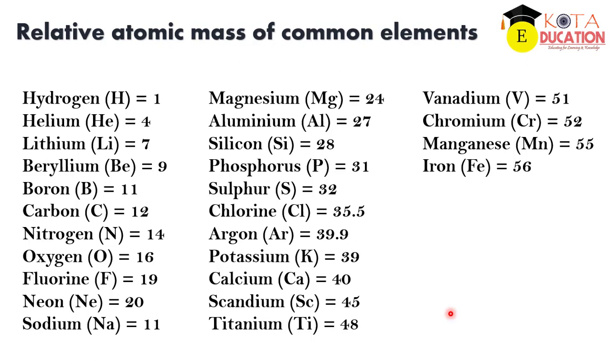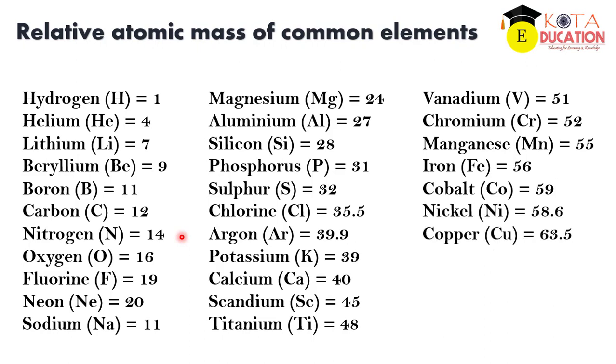This is the first page, and in the second page all of the important elements' relative atomic mass will be there. So copy this part because these will be useful in the upcoming class in calculating the respective volume in a given mole, the weight of a given element, molecular weight calculation. These things will be useful. These relative atomic masses will be useful. So by solving the bits, these things will become useful. So copy them once, it will be very, very important.